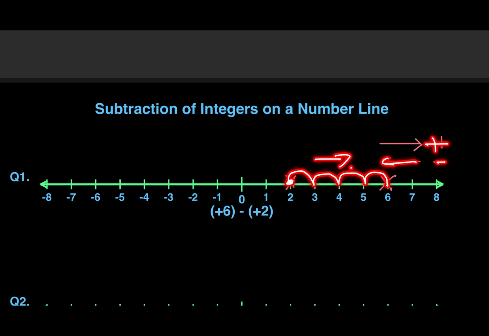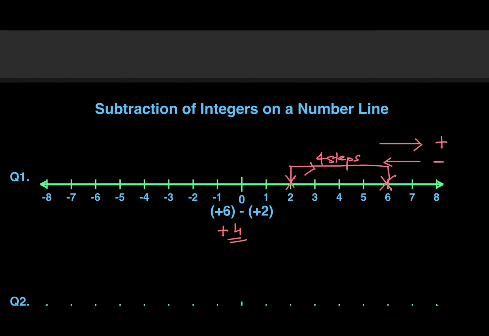So now we are jumping towards the right. So the answer is going to be, how many steps we took? Plus 4 steps. 1, 2, 3, 4. This is your answer. So how will you show it? Now this is there, so you just show that you took how many steps. You can show it like this, 4 steps. And you went towards the right. So when you go towards the right, positive sign, and how many ever steps you took, that is your final